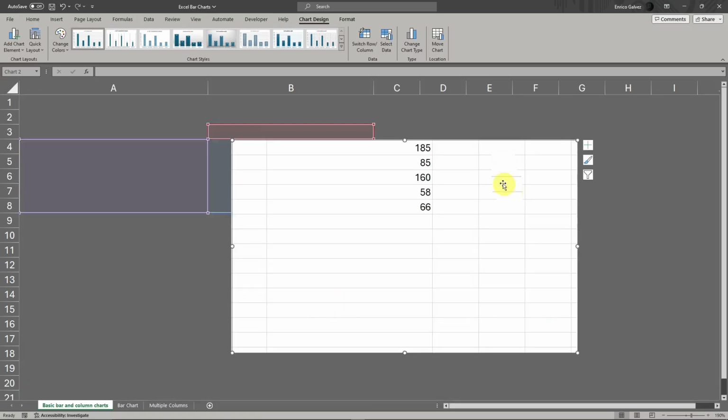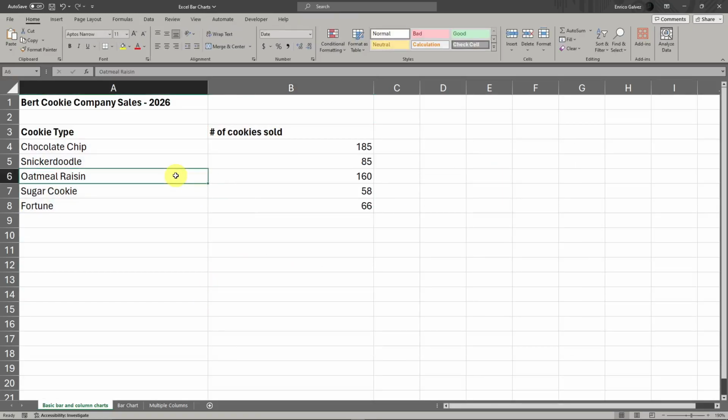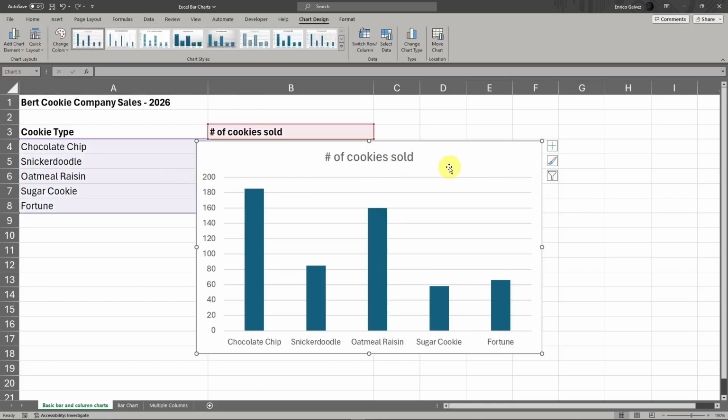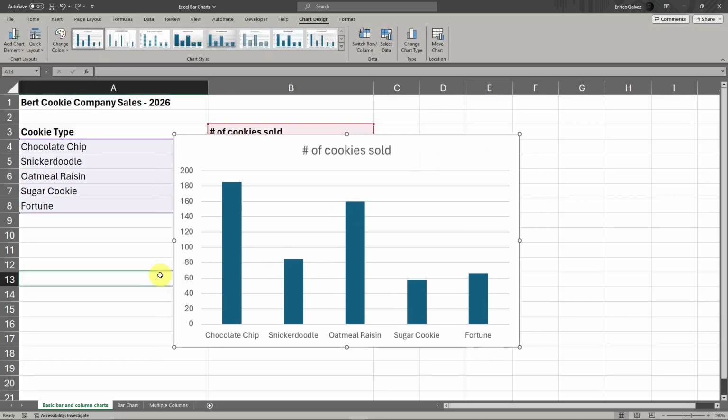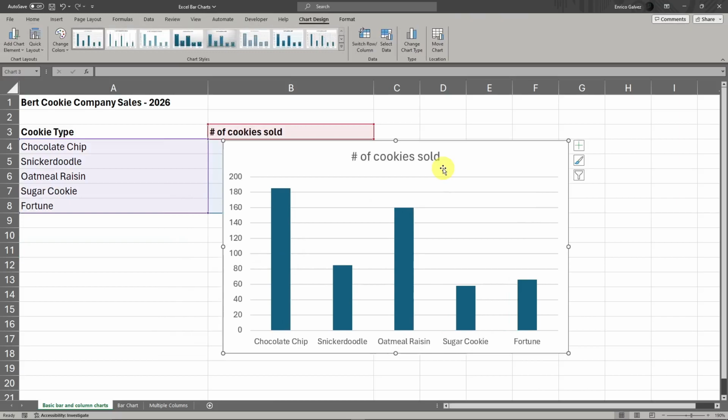Now again, let me just delete that one. One more time, Alt and F1. That is a shortcut key in adding a column chart. You got it correctly. So with that one being said, I'm going to adjust the chart elements because as you